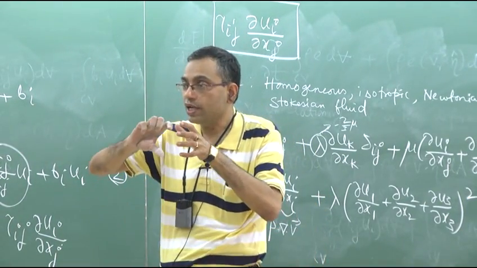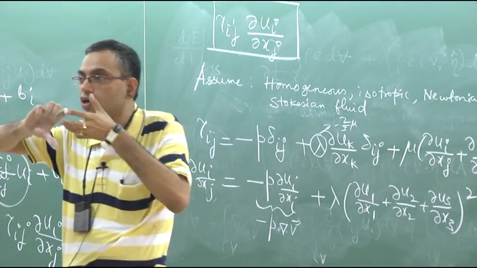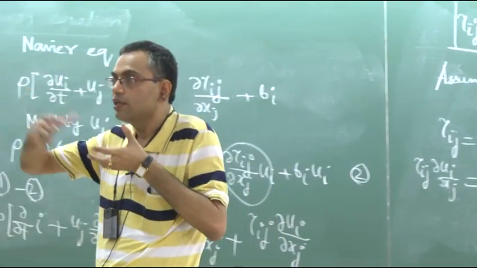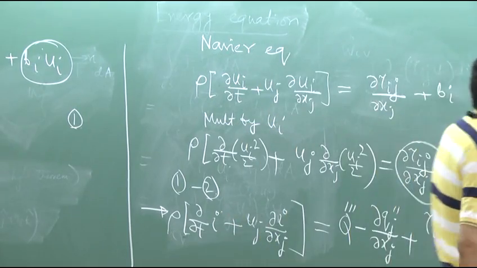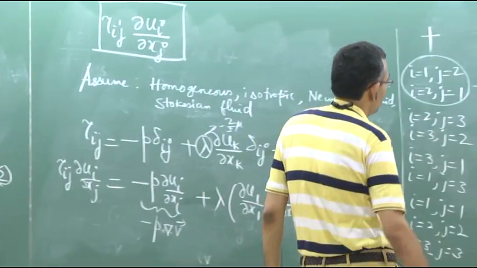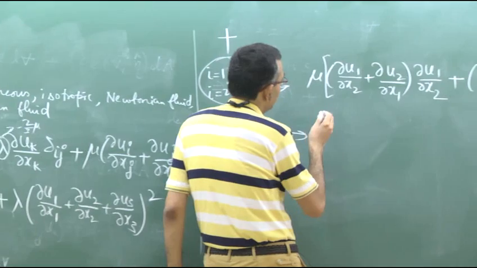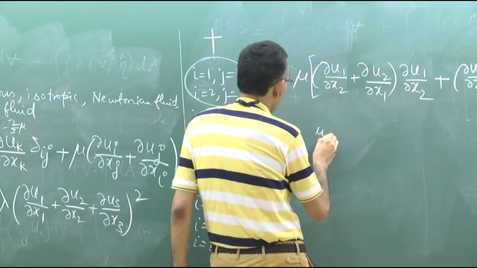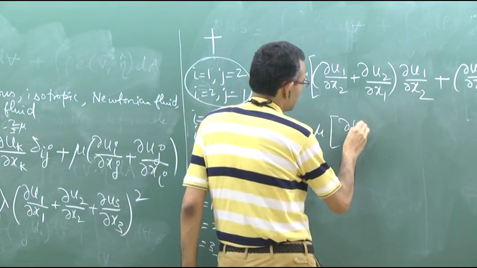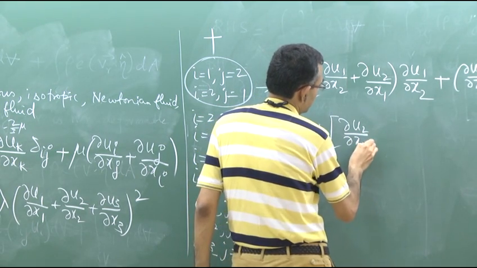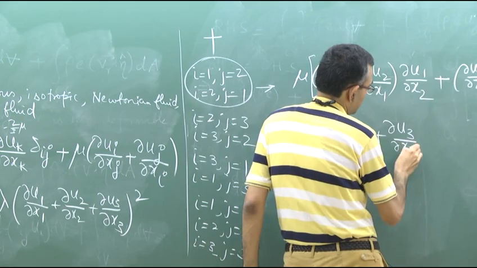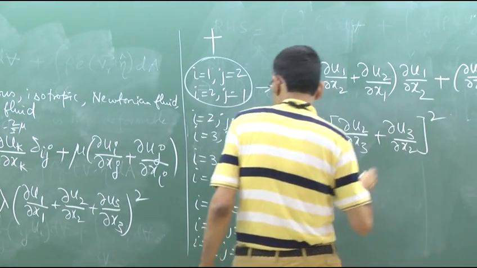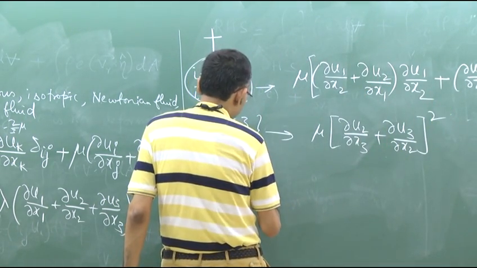So how the kinematics of the fluid is getting converted into heat transfer effect, that is something which is not so intuitive, but you can see it from here. So this is mu into, and this is